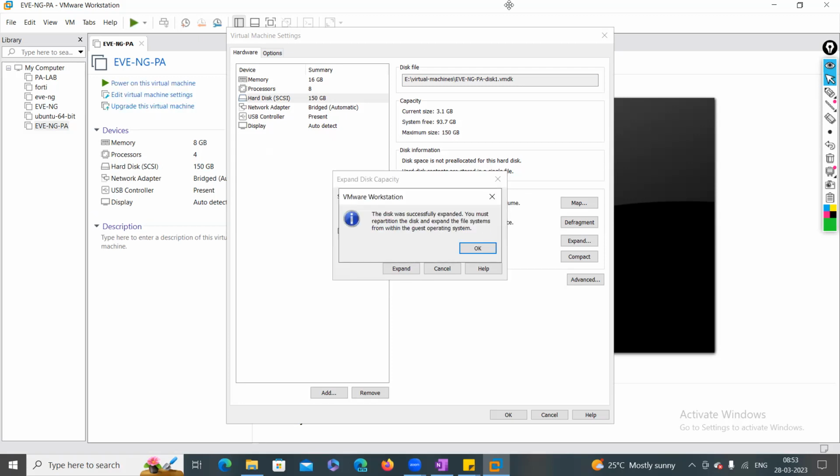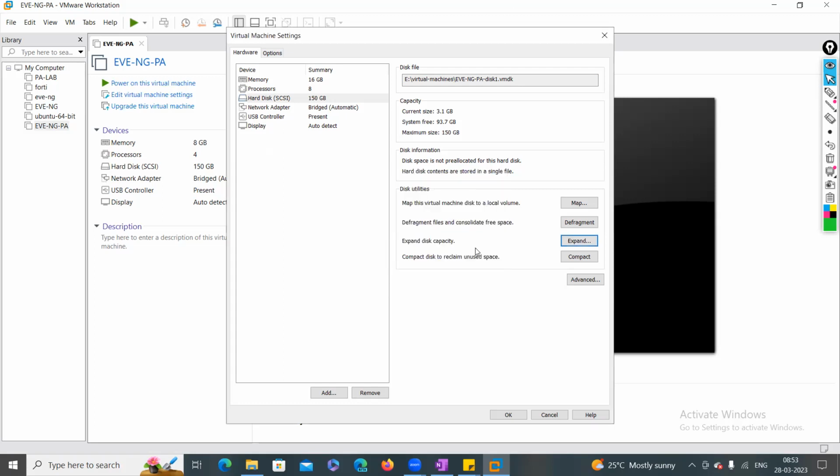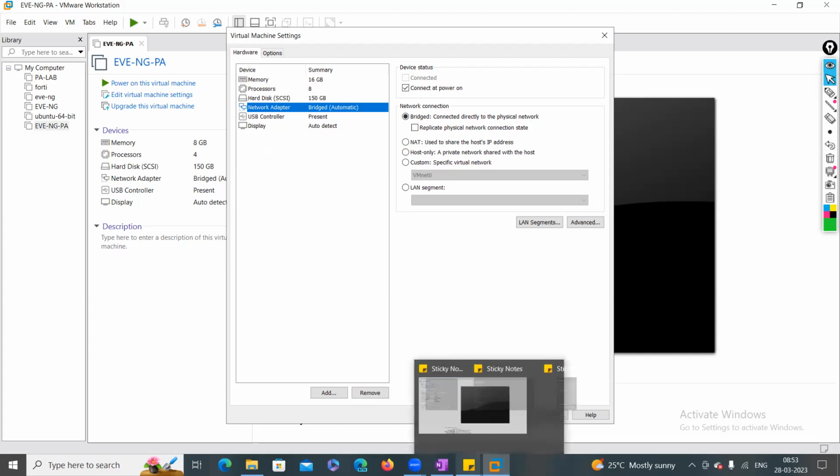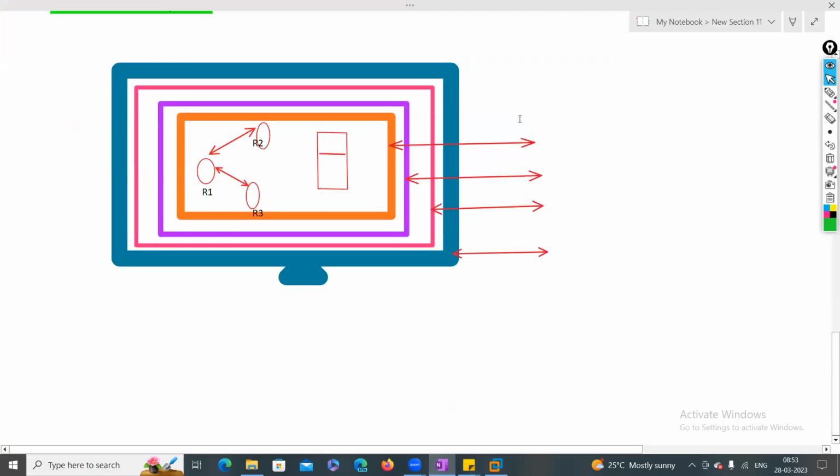Okay, so I have expanded my hard disk space as well. Okay, that's it. And network adapter card, you can see we have the network connection options: bridged mode, NAT mode, host only, custom, right? So if you want to access the internet from EVNG